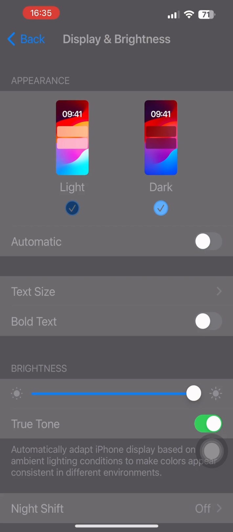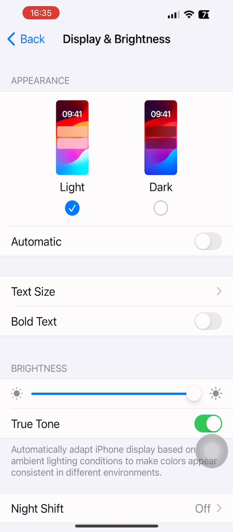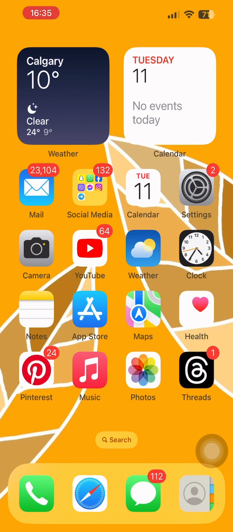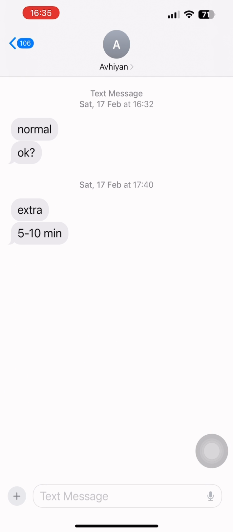Let me tap on the light option and you can see that the entire display and brightness of my iPhone has been changed. Now, if I open the Messages app, over here, you can see that the color of my messages has also been changed. So this is the default way through which you can change the color of your messages